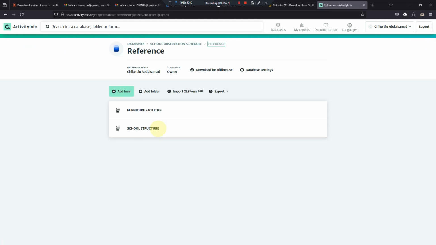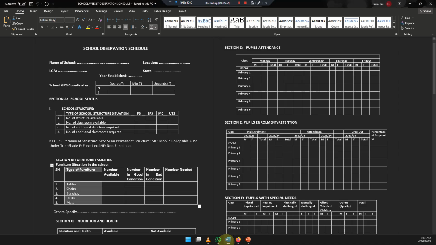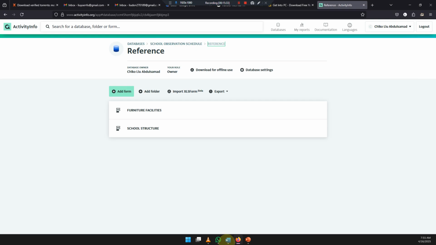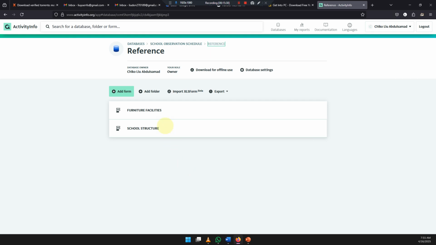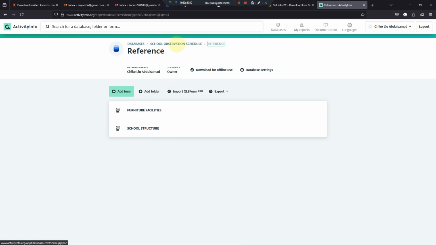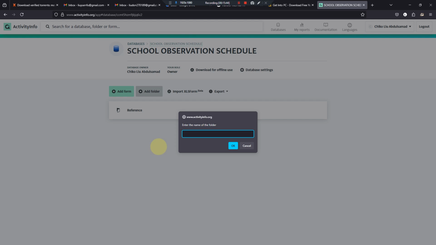So I'm just going to start building the form, right? The main form itself for the survey. Now I said these are reference forms. I'm going to build the main form for the survey. So I'm going to go back to my database called school observation schedule. I'll add a folder called maybe main form or so, or just say survey,